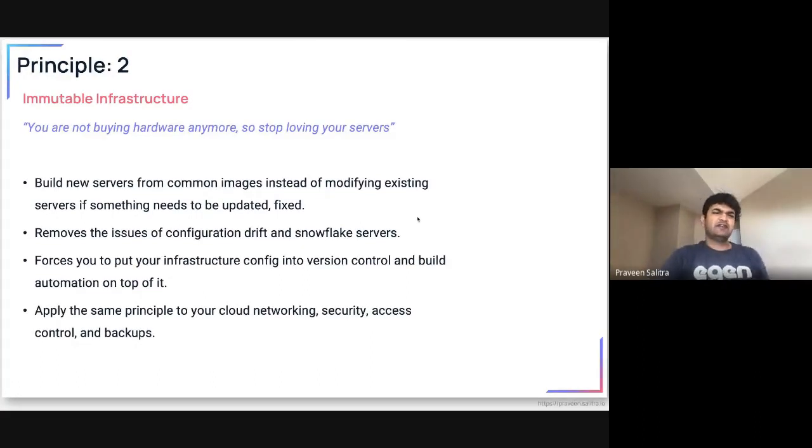And not just for the infrastructure, but use it for everything that you do, especially with cloud networking, cloud security, both in terms of network as well as access security, backups, databases, apps, scaling, auto scaling. All those can be configured using some sort of configuration mechanism. We'll talk about that. But that's the whole idea. You can put all of them into version control. You don't have to go and do it manually by SSHing to those servers.